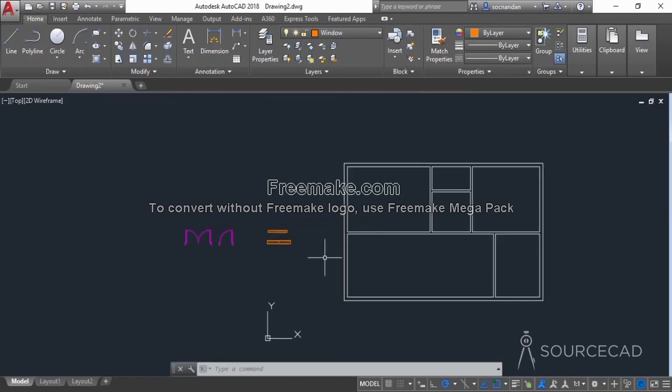Now they're ready to be added in our drawing, and we'll learn about adding these blocks and also other blocks in our drawing in the